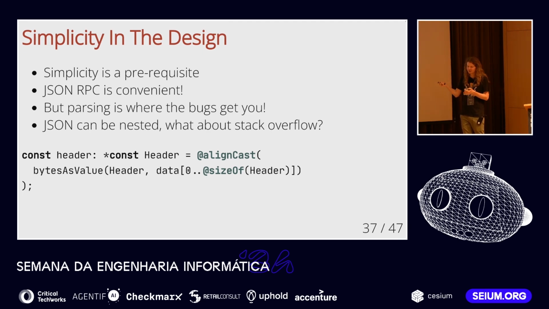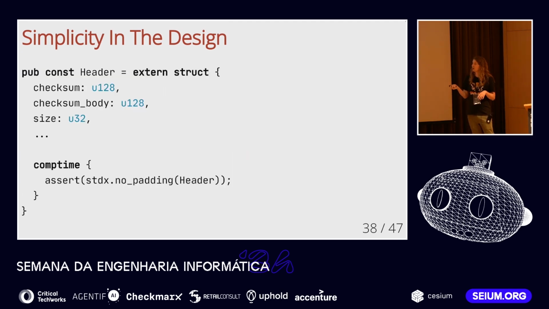Of course, yes, this solution has costs. JSON is super flexible, super versatile. This solution is much more rigid and much harder to change. But if you care about correctness more than you care about changeability, you might consider something like this. To do this kind of trick, you need a well-defined layout for the header, which in Zig you could do as in Rust using an extern struct declaration. Nothing interesting here. But what's more, you also need to ensure that there is no padding between the fields.